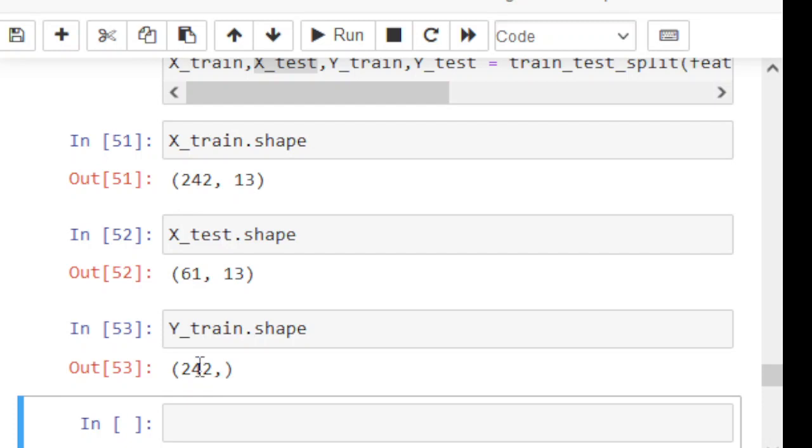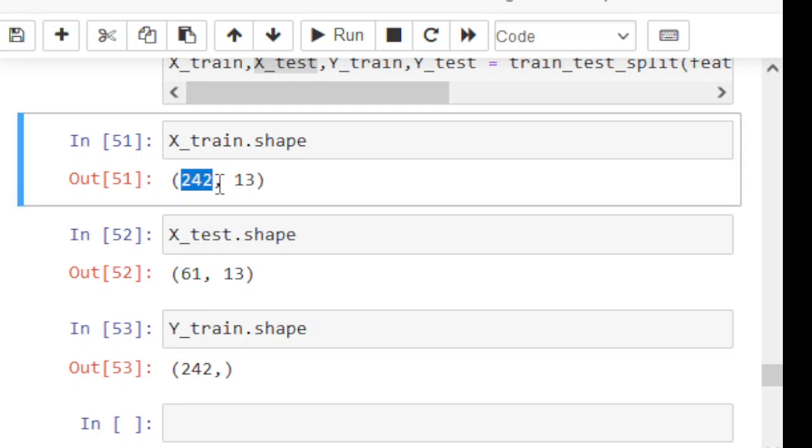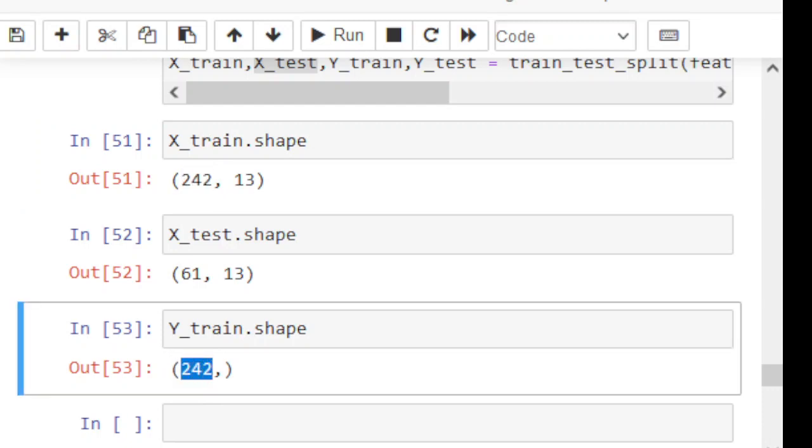So we are going to train our model using 242 sample records. In Y train we have 242 target values. Okay, similarly, if we look at the Y test shape,